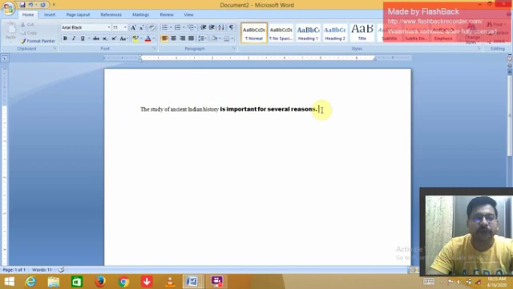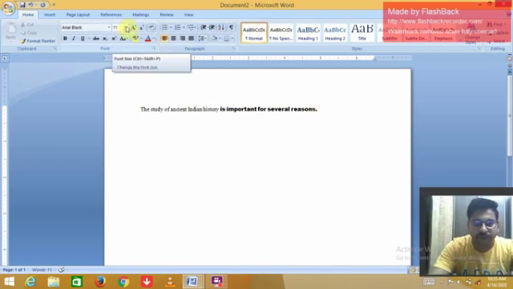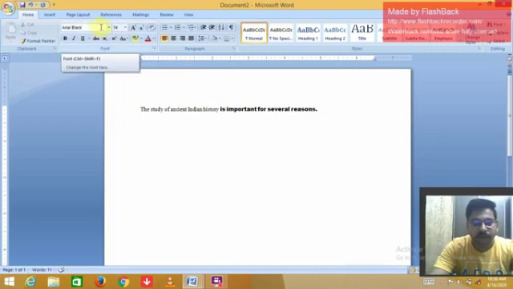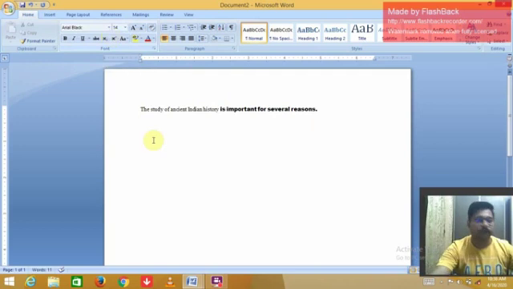Now come to the next point, how to increase or decrease the font size. For doing so, see this arrow, click on this arrow, and a drop down list will appear. Now you can choose any size. So I choose 14 and the font face is Arial Black.